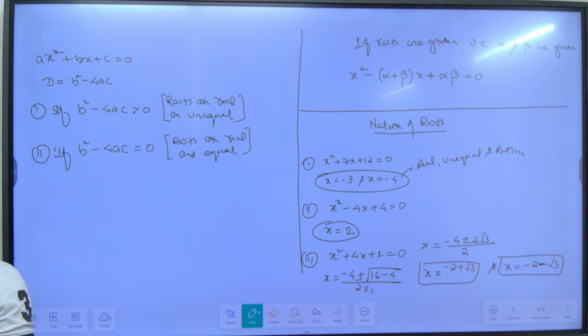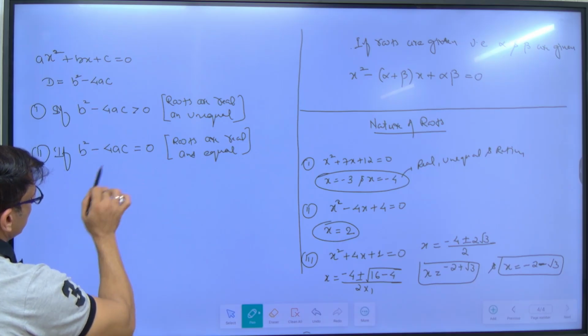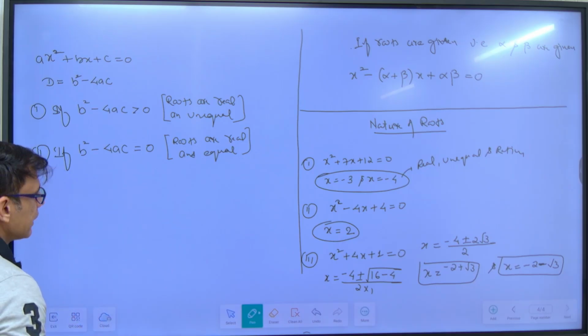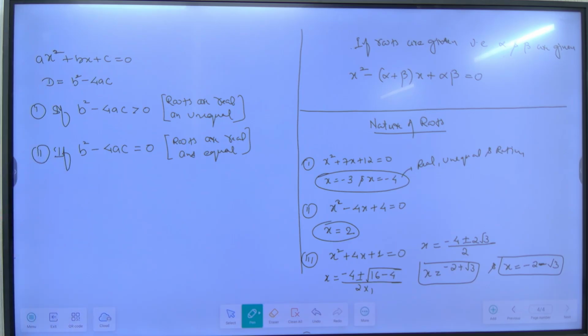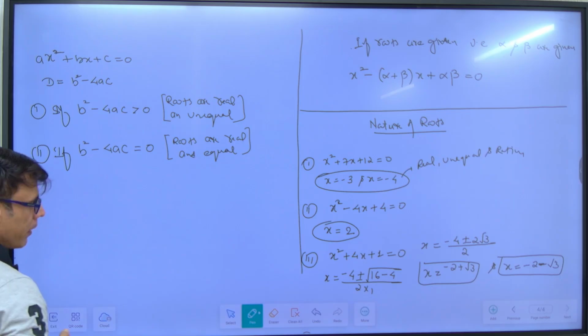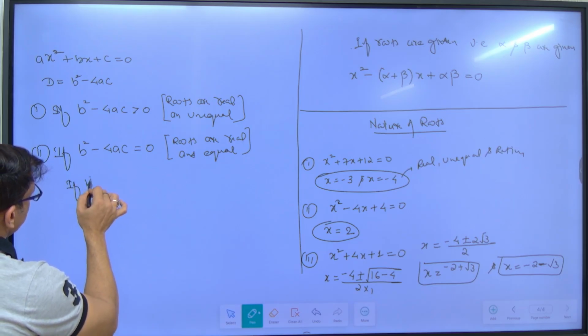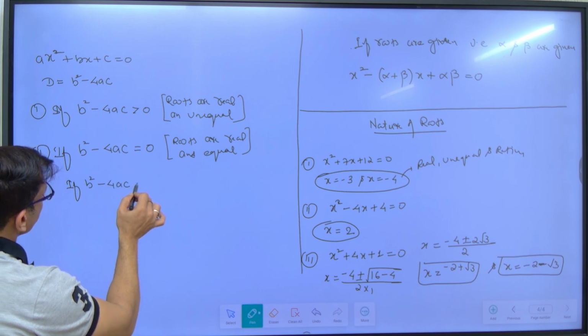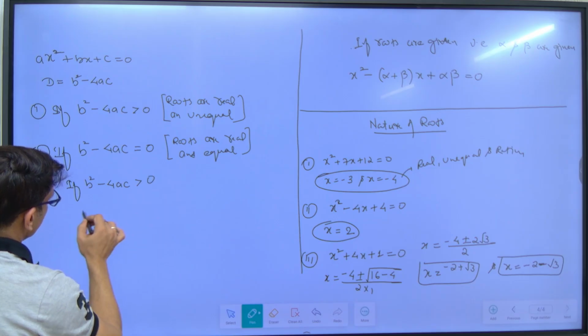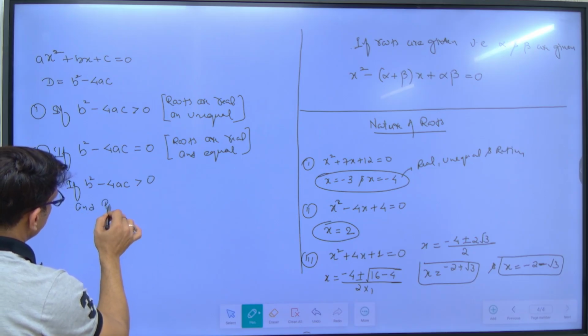In this case also, if b square minus 4ac is greater than 0, at the same time perfect square also, right? Here, if b square minus 4ac is greater than 0 and perfect square,